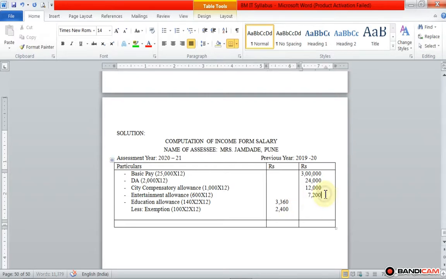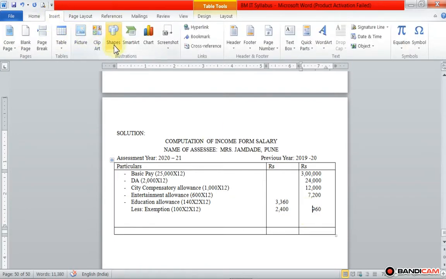and the remaining balance is taxable, that is 960 is taxable allowance, got it. 960 is taxable. Then another allowance,